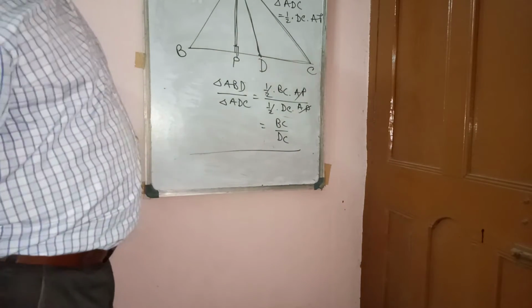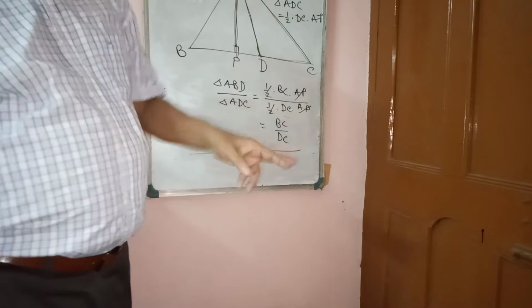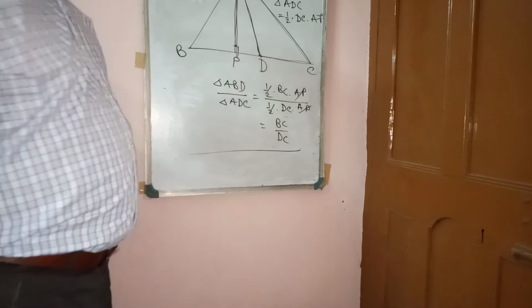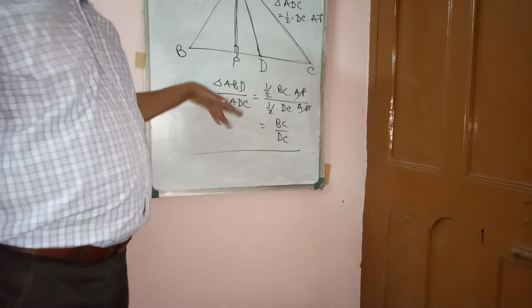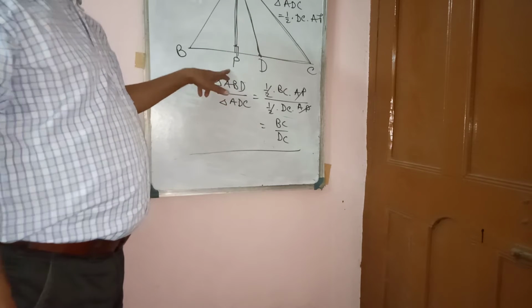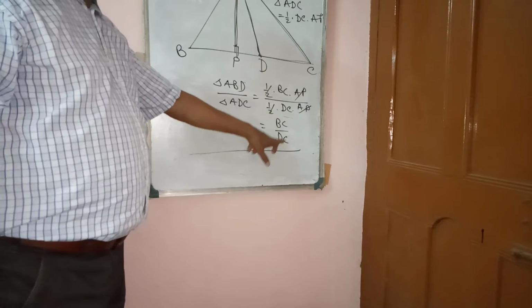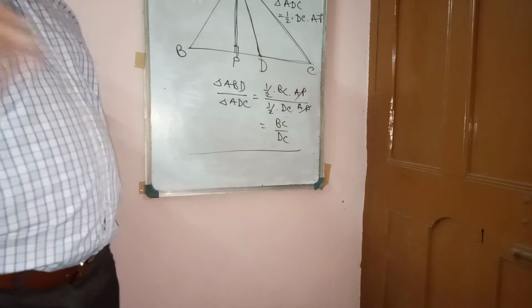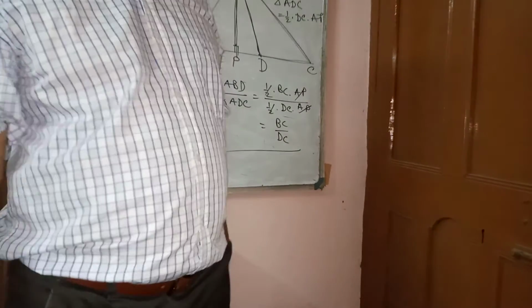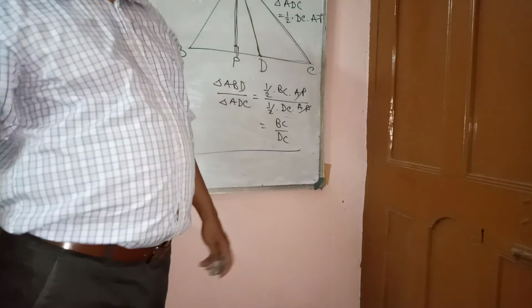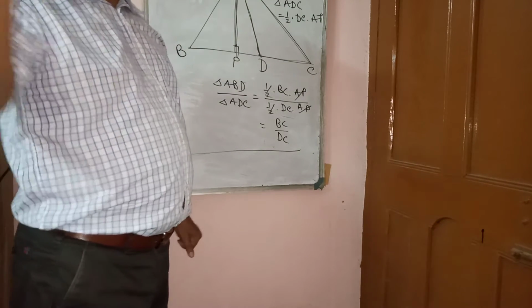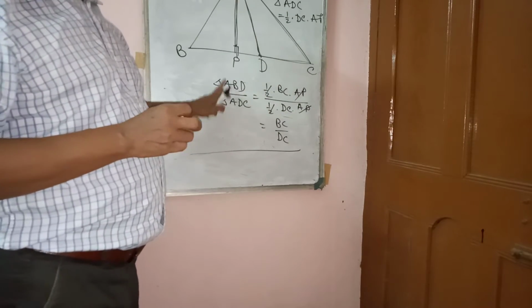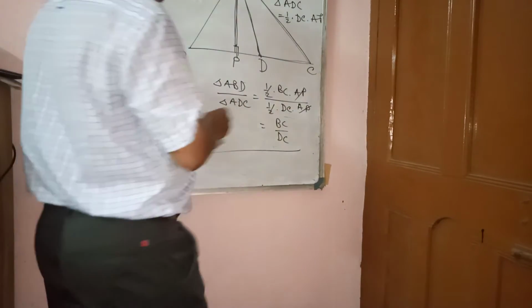Yes. So if we consider two triangles having a common vertex and their bases in the same straight line, then the ratio of their area is always equal to the ratio of their bases. Keep in mind. But see, they are not similar. Okay. If similar, this is okay, no problem. If not similar, then also we can prove this: the area of two triangles having a common vertex and their bases in the same straight line, their ratio of area is always equal to the ratio of their bases. See. Next one.